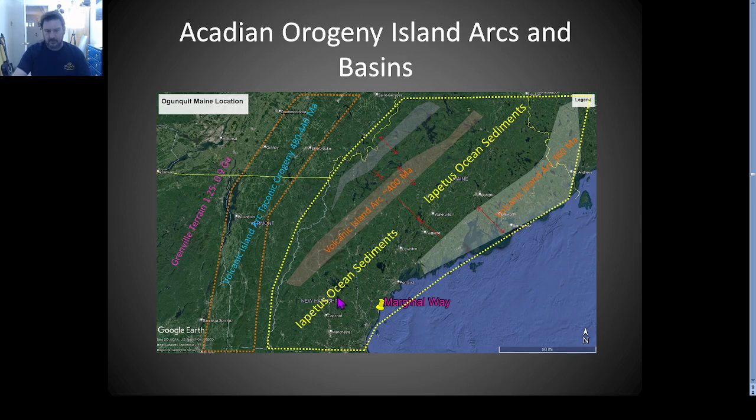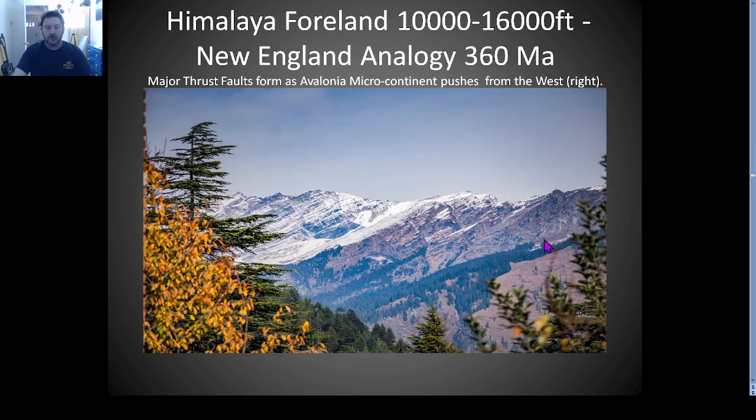So island arc, ocean sediments, island arc, ocean sediments, island arc, ocean sediments, island arc, continent. And that's how it worked. So if you were going to get an idea of what New England looked like